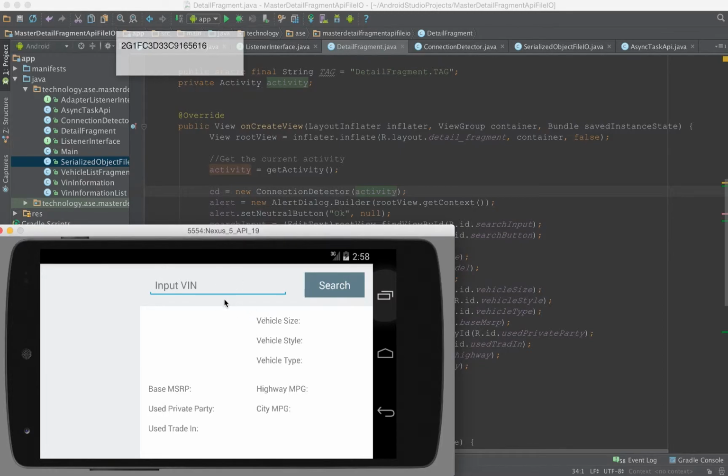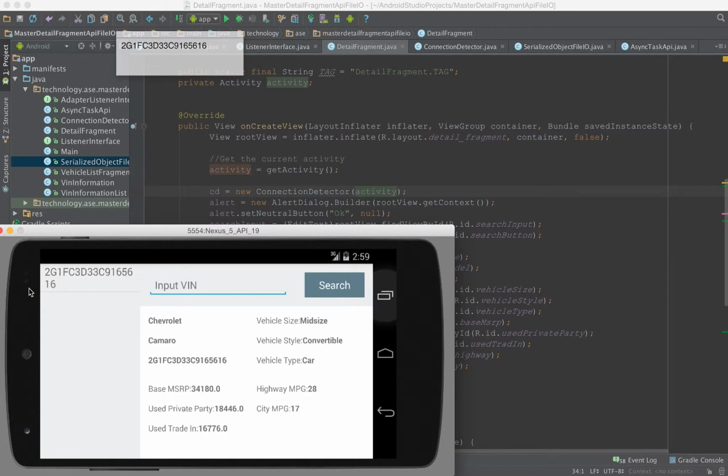This is just a test VIN that I'm using, and you'll see that this will provide a search query, and we will be able to access the vehicle information pertaining to this specific VIN. Alright, so I think I got it there. Okay, I did. You notice that I forgot to copy it, but